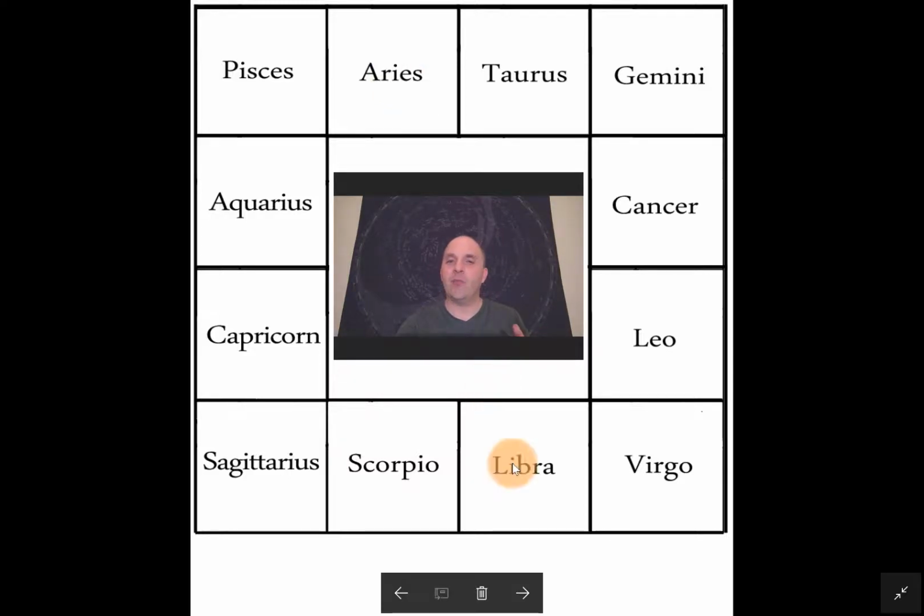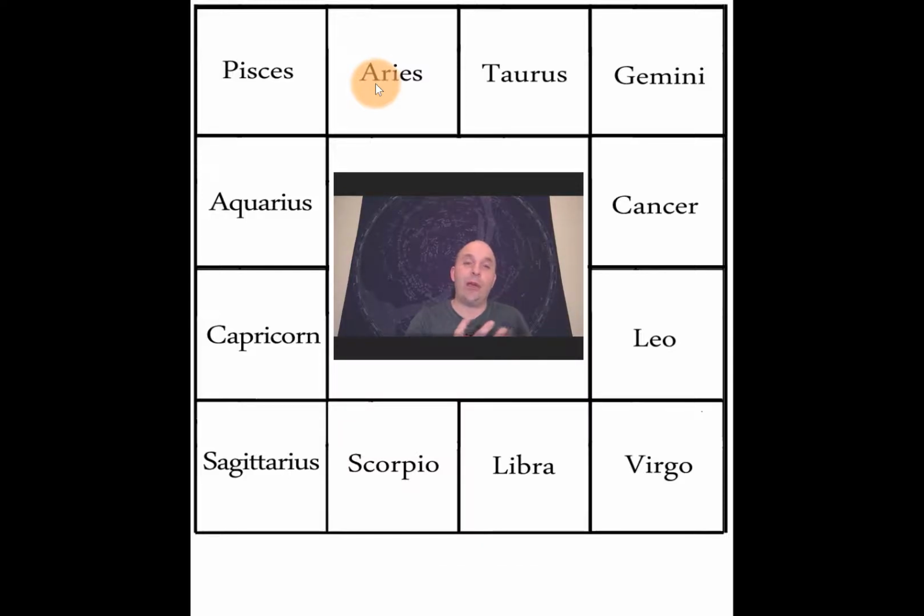And then Rahu in Libra shows that basically we relied so much on Aries in our past incarnations